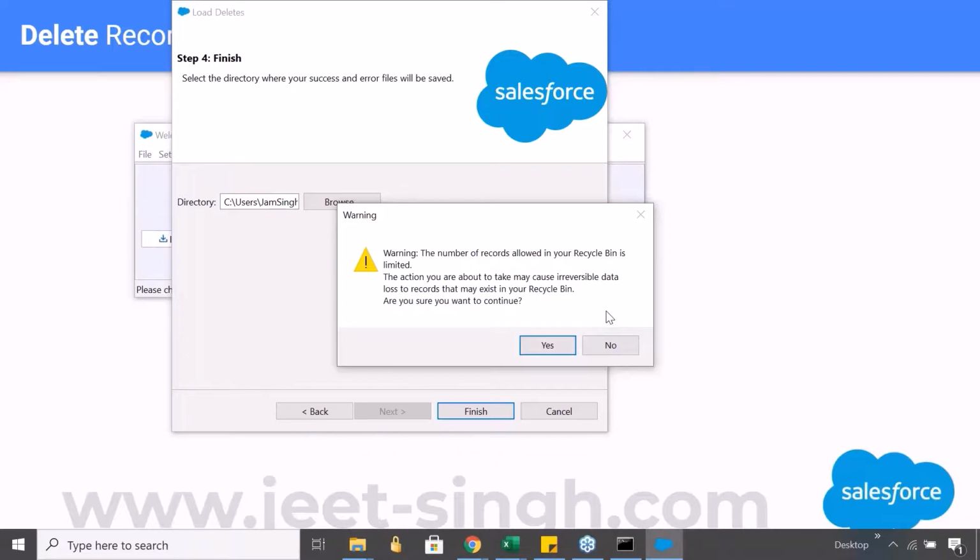If it is a sandbox that you're working with, it's okay. Not that much of a challenge usually, but of course, on production you have to be very, very careful if you are deleting bulk records. Okay, anyways, so that is the reason why it is giving an additional warning. So yes, it says, are you sure you want to continue? Yes, I want to continue.